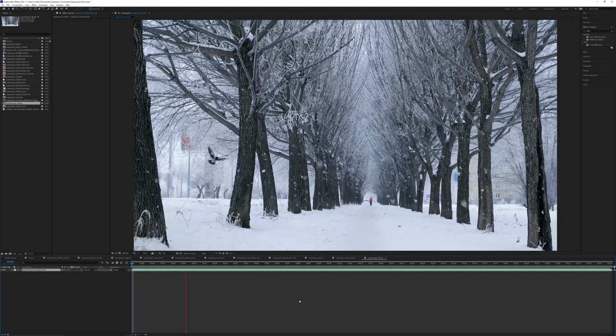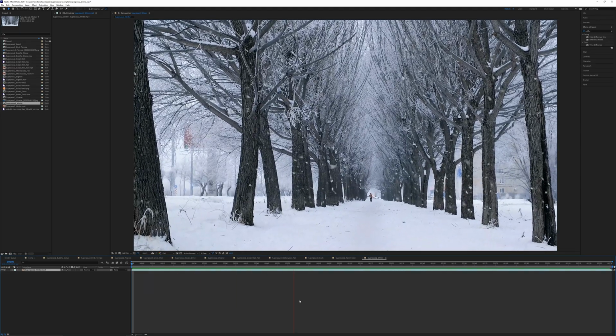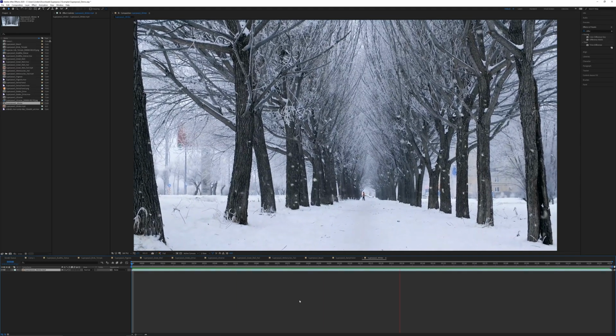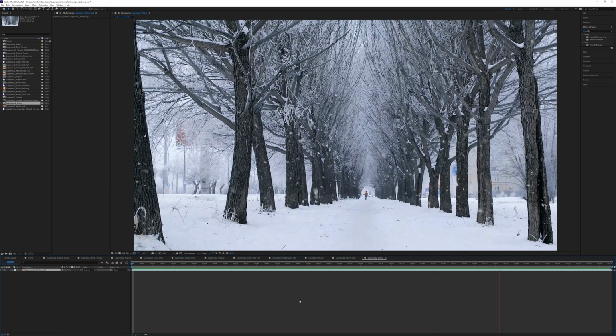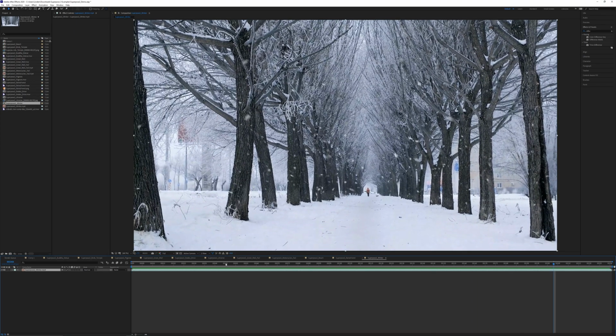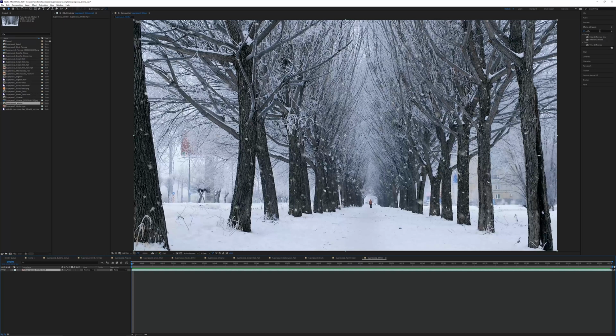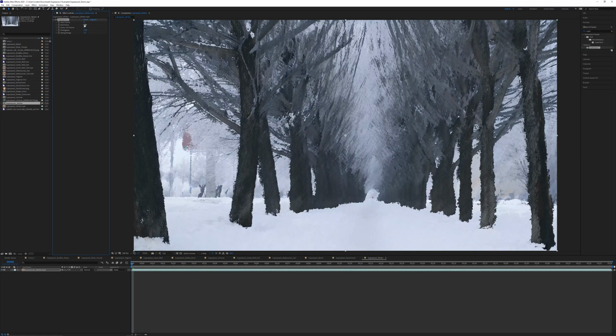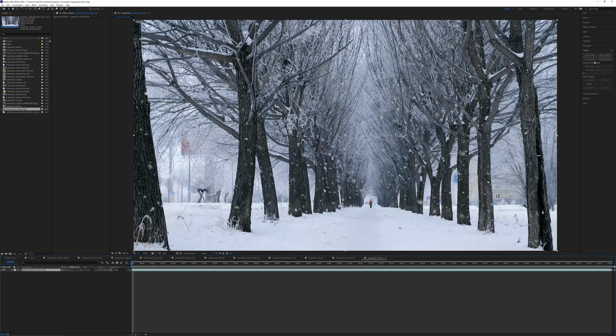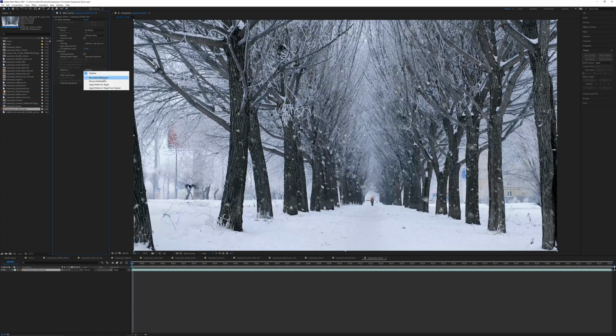Let's take a look at a more involved shot. So here the camera is shaking, but it's possible to stabilize and then reverse the stabilization later. So to demonstrate why you have to stabilize, if we just apply Superpose on the original plate, we get something like this, which honestly is pretty cool on its own, but that's not really the point of the software. Let's take that off and warp stabilize this for no motion. So after that is analyzed, you can set the objective to reversible and then apply Superpose.